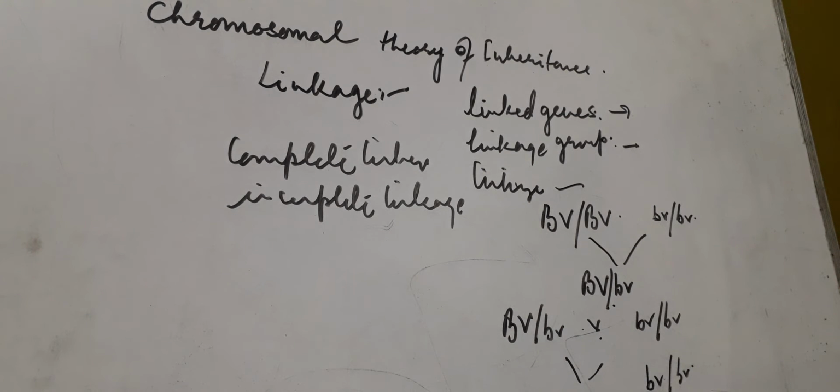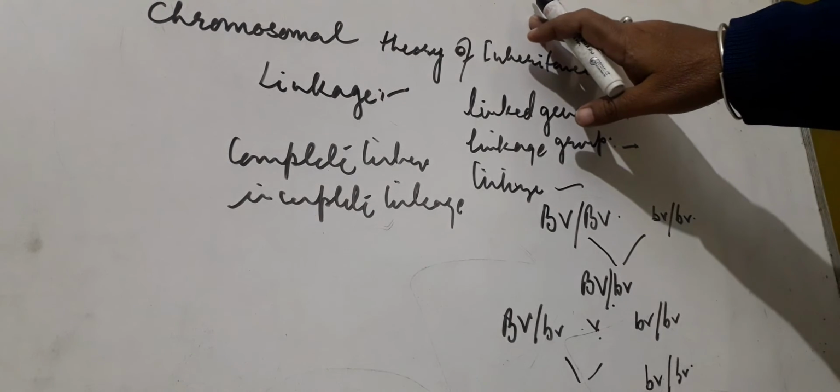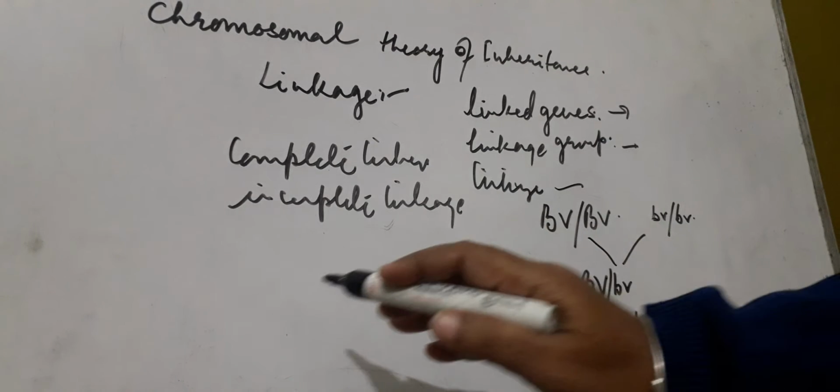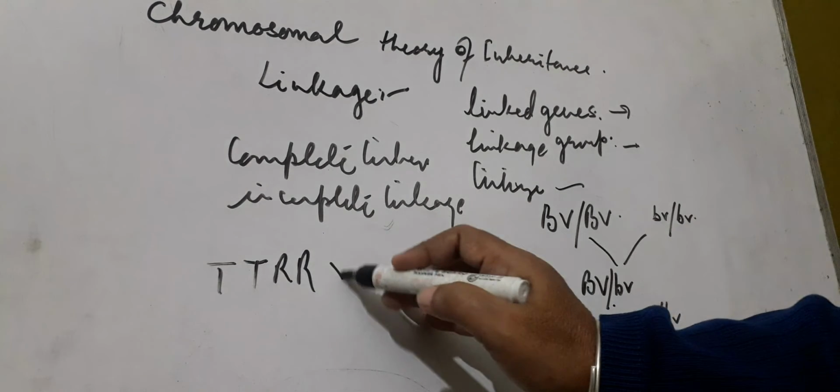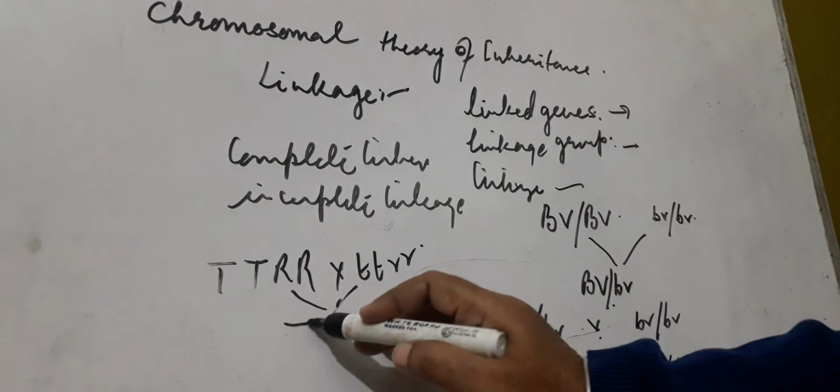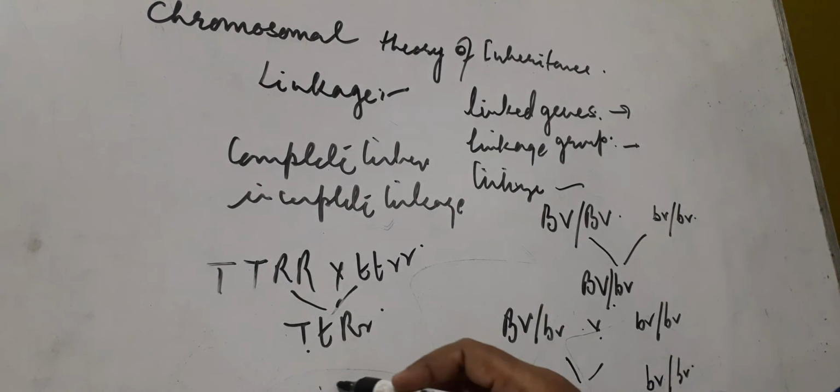Incomplete linkage example is Mendel's cross. Sometimes in a dihybrid cross, when two new combinations are formed, that is known as incomplete linkage, where the alleles of another character are not linked with the same. In Mendelian crossing, you know the dihybrid cross. Dihybrid cross means two pairs of contrasting characters, for example, tallness red and dwarf white. When we cross it, in the first generation all are tall and red, and in the second generation